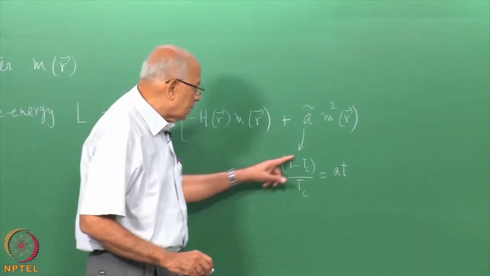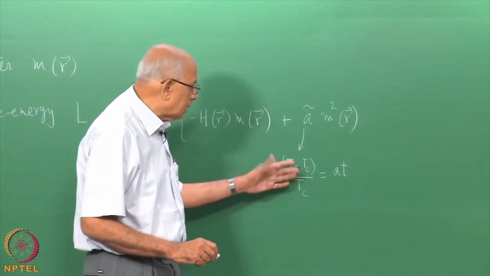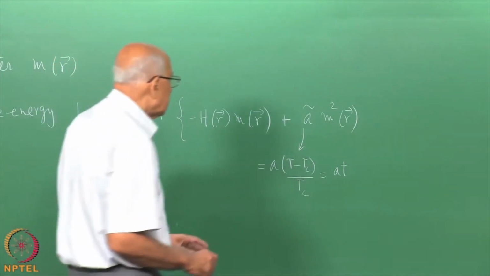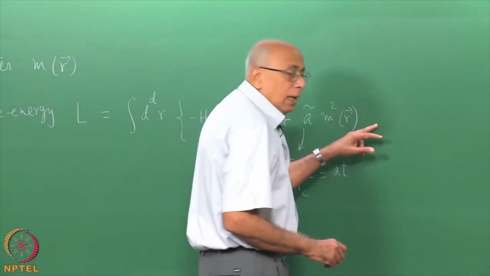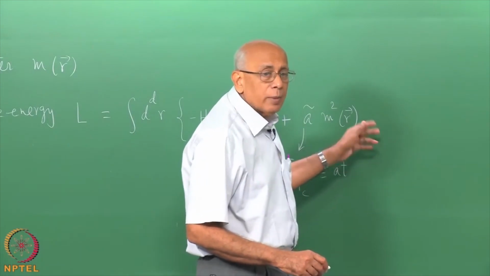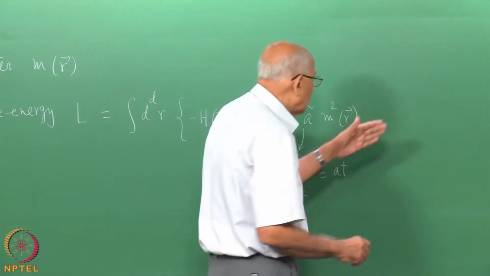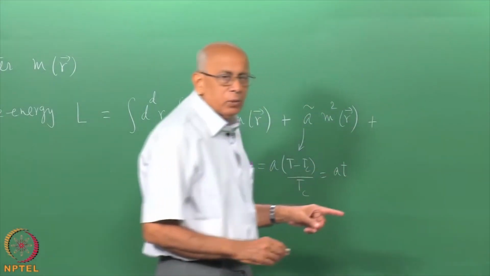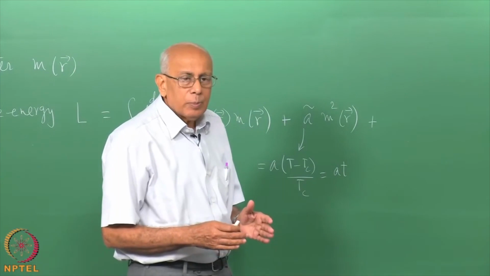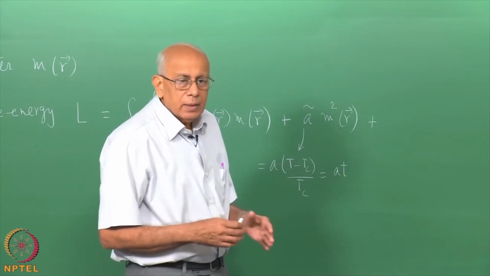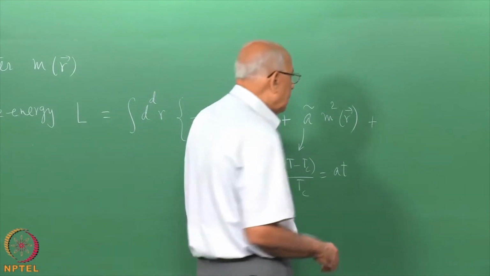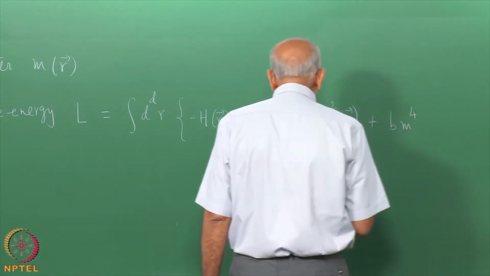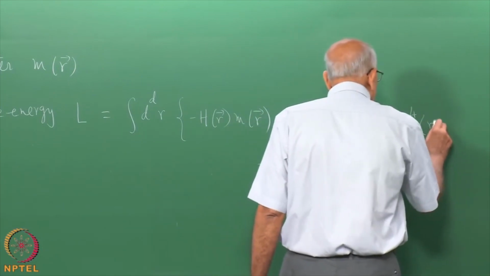Little t was the reduced temperature, T minus Tc over Tc, and in the magnetic case there was no cubic term but only the fourth order term, and the temperature dependence of the coefficient of that term was irrelevant. It just had to be positive so that you would have stability about the equilibrium, stable equilibria. So, this was B times m to the power 4 of R,